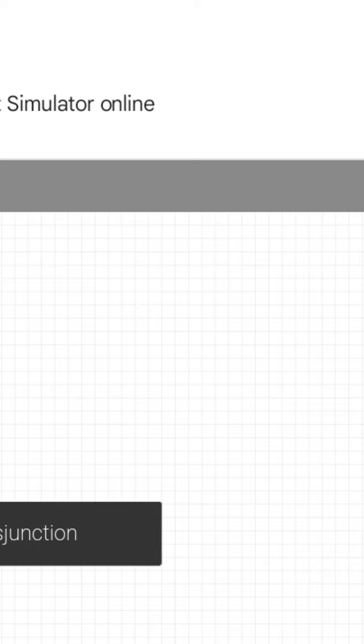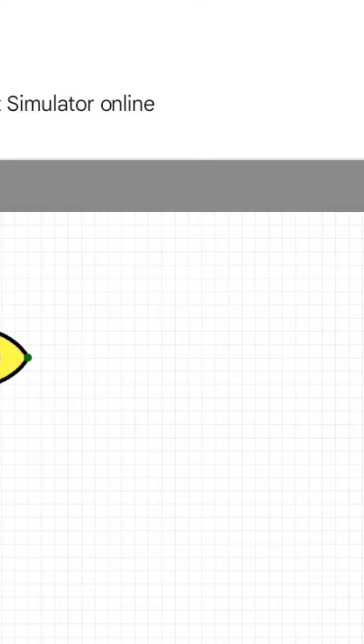So I show here the gate of OR gate, and the input is 4.